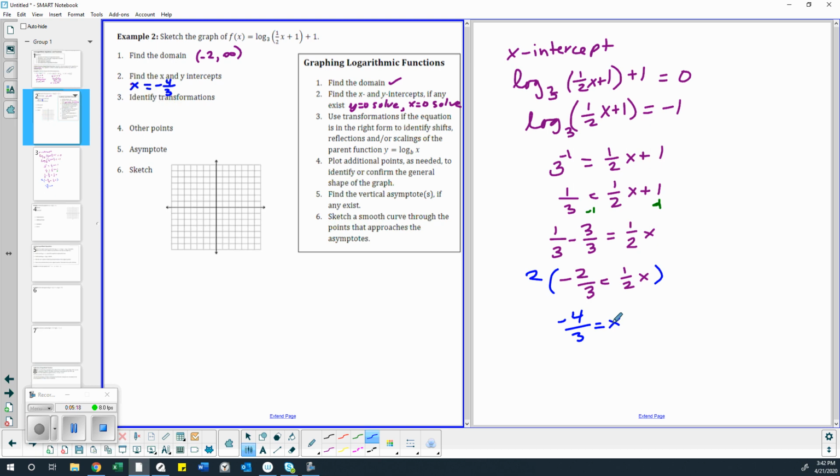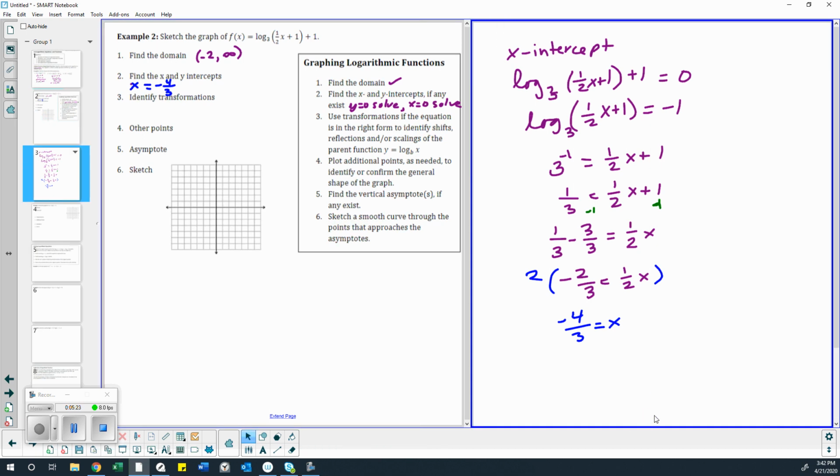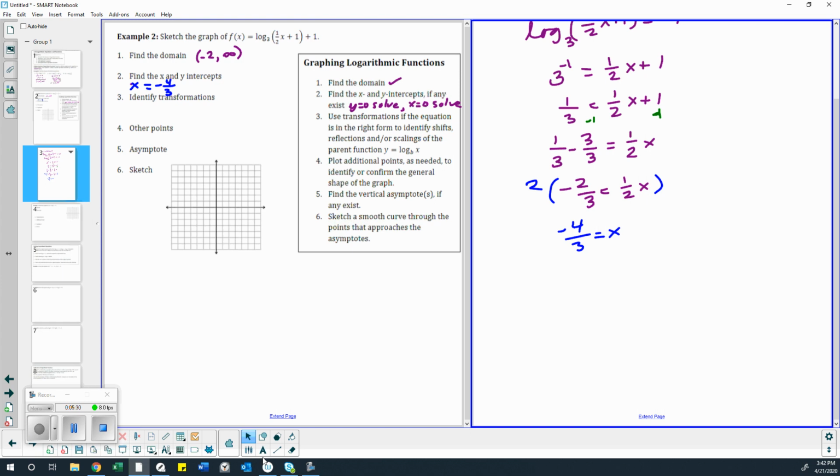All right, to find the y-intercept, we're going to set x equal to 0. We just need to plug that in. So let's go with our function. Y equals log base 3, 1/2. We're going to plug 0 in for x, plus 1, and then plus 1. Okay. So